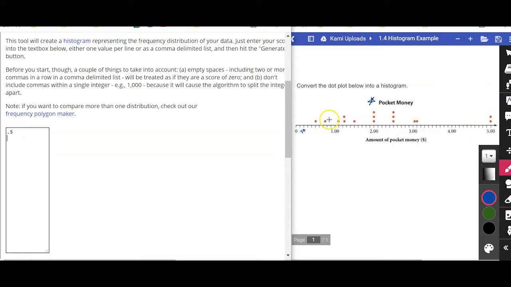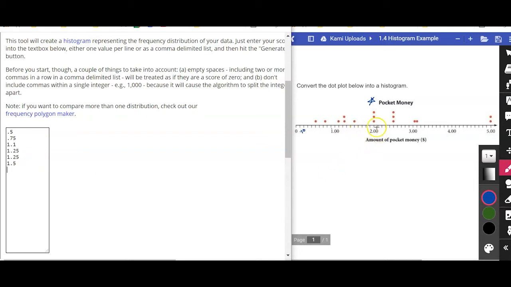And then taking a look over here, if that was 5, that's 6, 7, and it looks like this dot is right in between 7 and 8. So that would be 0.75. Okay, next one is 1 past the $1, so that's $1.10, so 1.1. And then we have 2 dots right here in between the 2 and the 3, so that's at 1.25. And again, there's 2 dots, so that means there's 2 values at that place. And then we've got 3, 4, 5, so that's 1.5,